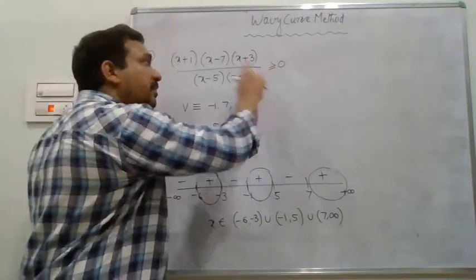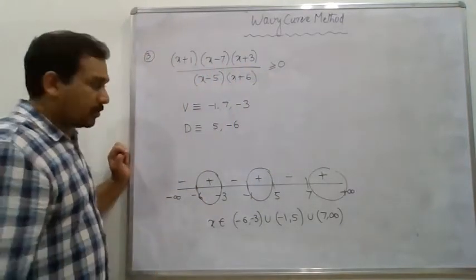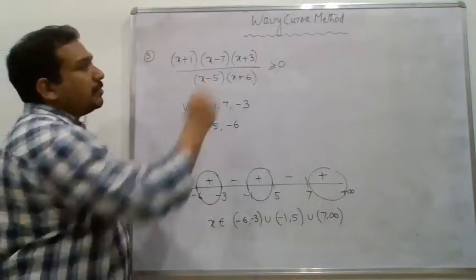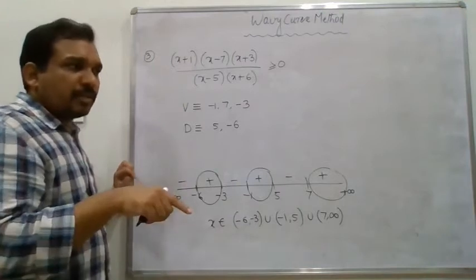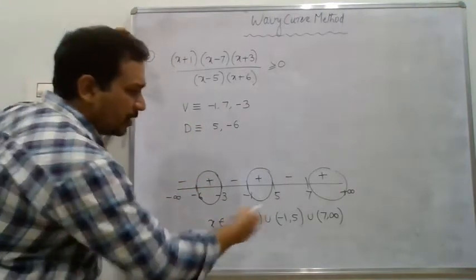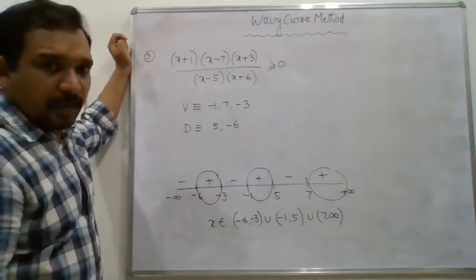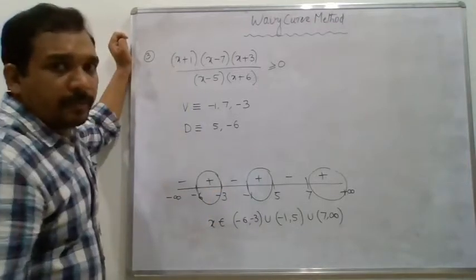But we have here greater than or equal to 0 also. Equal to 0 also. It means we need to include some points where the expression can become 0. At those points we have to write the closed bracket. But I have written open brackets everywhere, which means I haven't included all those points. Now see where the expression can become 0.